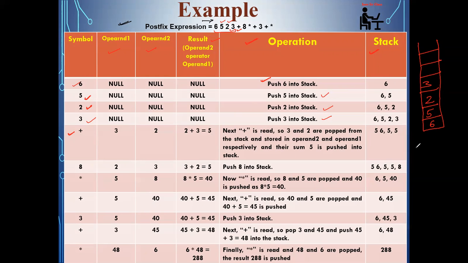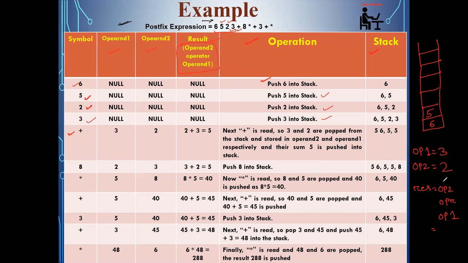Okay, so if I am doing the pop operation for the first time, this is operand 1, I'll get 3 because stack top is containing 3. And if I'm doing the pop operation for the second time, I'll get the value 2. Okay, so once I'll do the pop operation twice, 2 values will be removed from the stack top. Okay, and then what I'm doing, I'm following this particular principle: operand 2, operator, operand 1. So that means result equal to operand 2, then operator, operand 1.